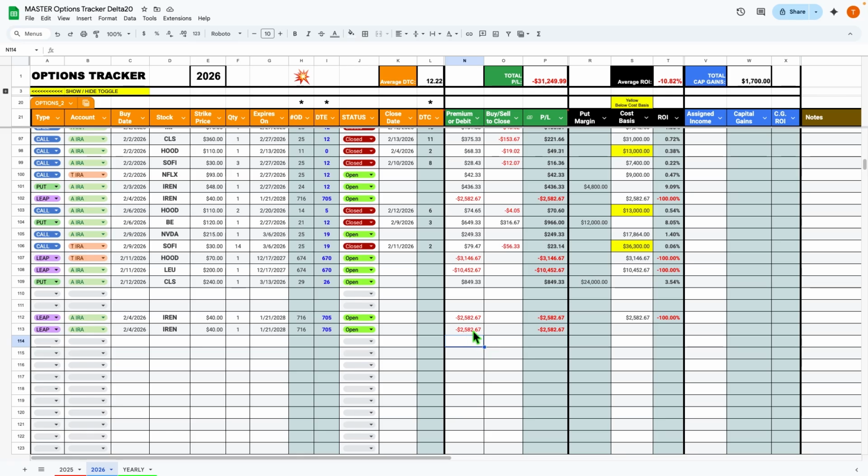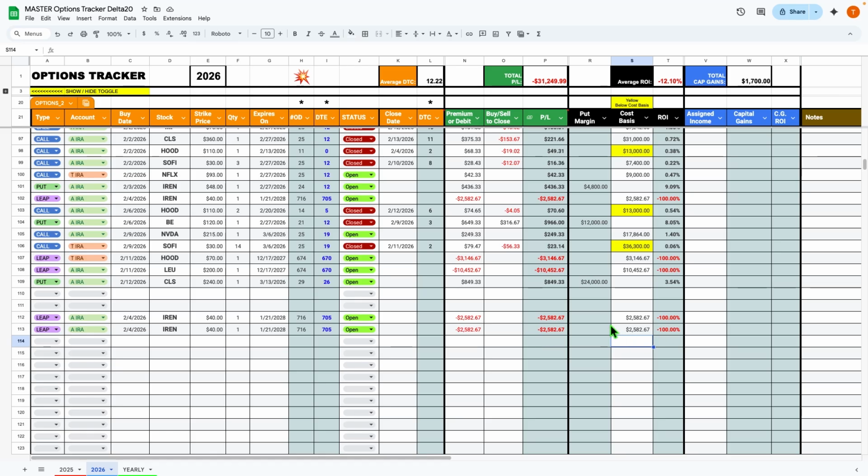This is what it cost me, so that is my cost basis. So I will just go ahead and put that here as a positive number,